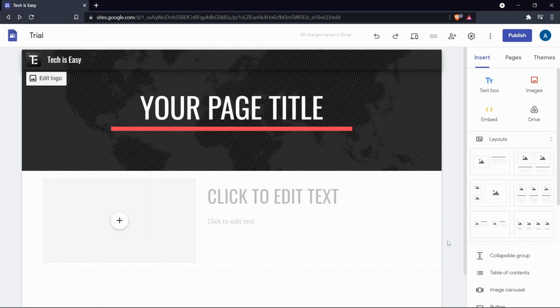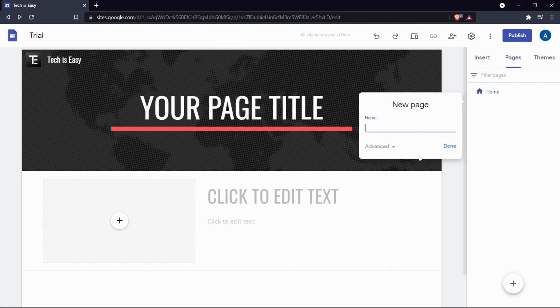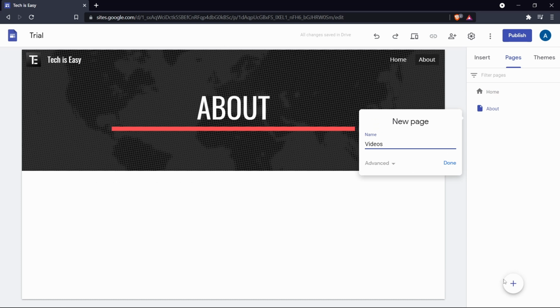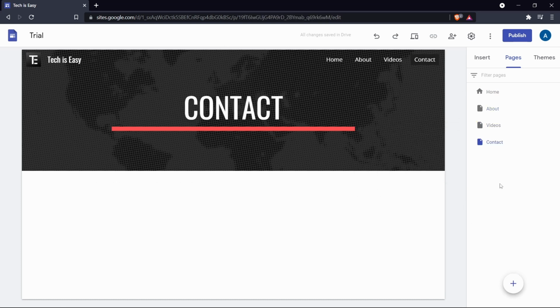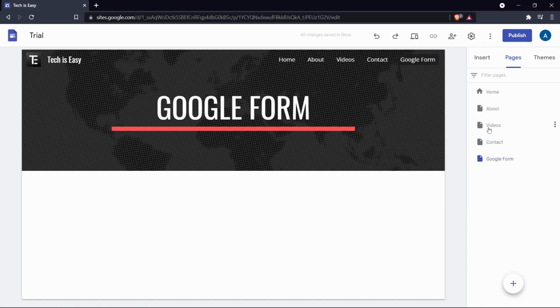After this we're going to start adding elements to the website. So the first thing which I usually do is add all of the pages. So I'll go to the pages tab over here, then just click on plus. So you can add a new page or a new link. So select new page, and then just start adding all of the pages which you want. So I'll add about, then videos, contact. So for right now I'm just keeping 3 of these pages, and now if you want to add sub pages, what you have to do is again click on plus, then just type the name of the page. So let's say I want to put Google Form under videos.